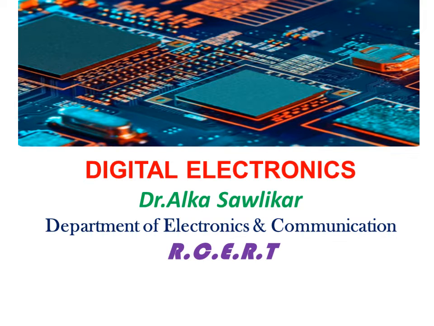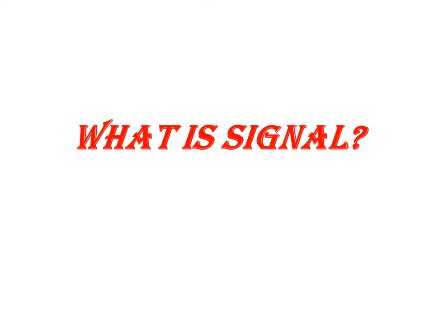Today we are going to discuss signals. So what is a signal? A signal is an electromagnetic or electrical current that is used for carrying data from one system to another. It is nothing but a function that conveys information about a phenomenon. In electronics and telecommunication, it refers to any time varying voltage that is an electromagnetic wave which carries information.